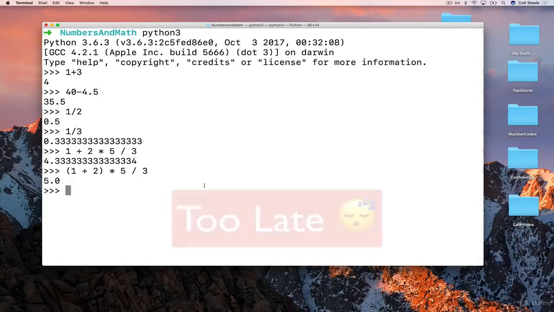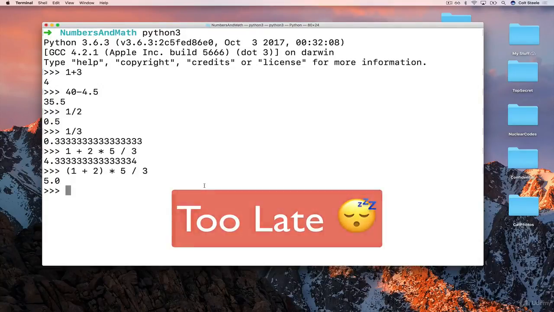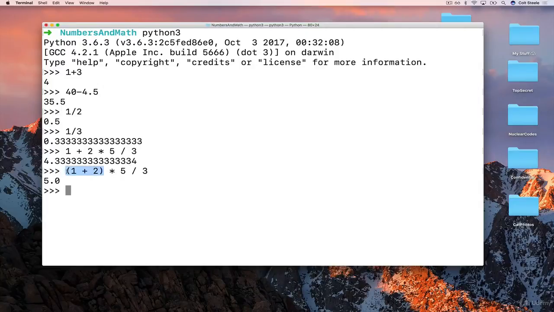All right, so I won't bore you. I promise I'd keep this short. But I just wanted to highlight that parentheses work the same way that they do in just paper and pen math. So we can add parentheses wherever we want to manipulate the order that things are calculated in. Anyway, okay,